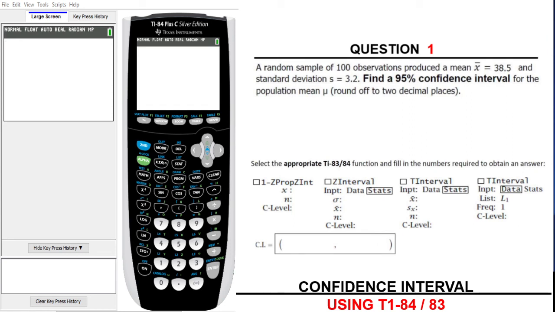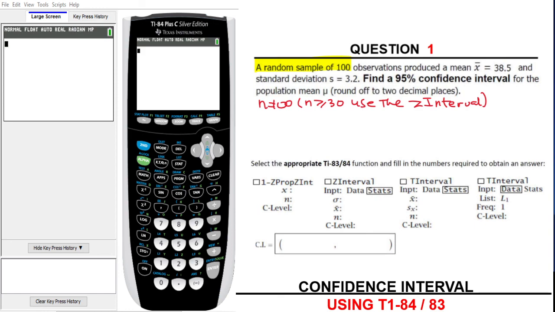Well, when we read this question, we see that the sample size is 100. So n equals 100. Now, because n is greater than 30, according to the central limit theorem, we can use the z interval. Whenever our n is greater than 30, it's okay for us to use a z interval in the confidence